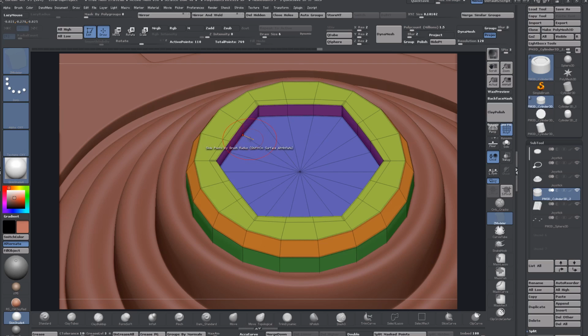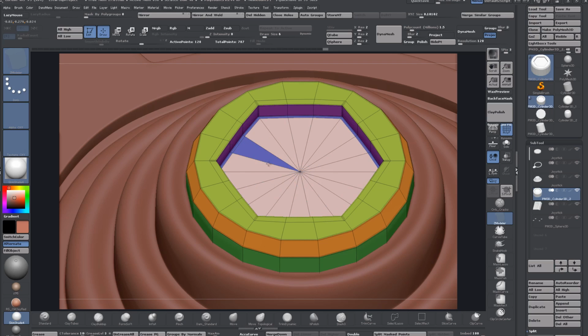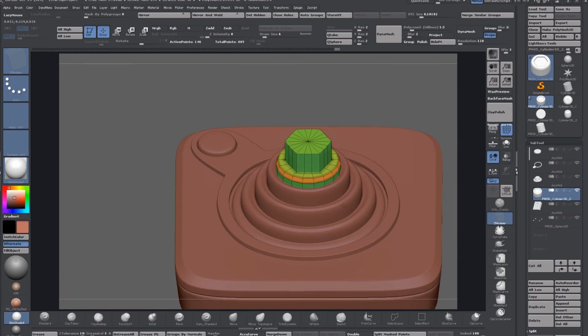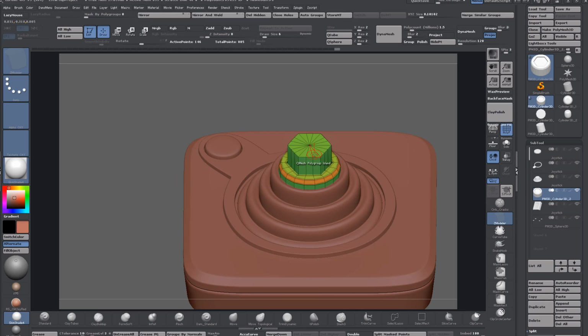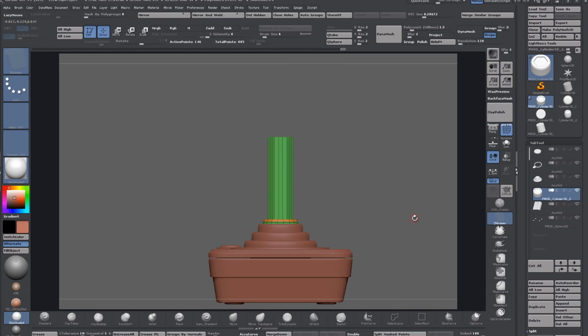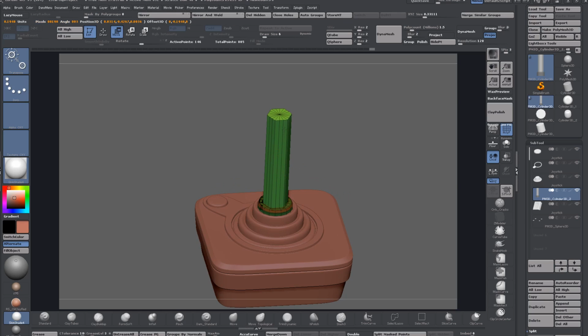So I'll just insert an edge loop and make that quite tight, and then I'm going to just alt paint tag these faces with a temporary white polygroup, and then QMesh a polygroup island, and then we can simply QMesh a polygroup island again and press and hold shift, drag it up, or else we could just come over here, invert that, move, and middle circle, and then kind of get it to the height that we want. So maybe a little bit higher,